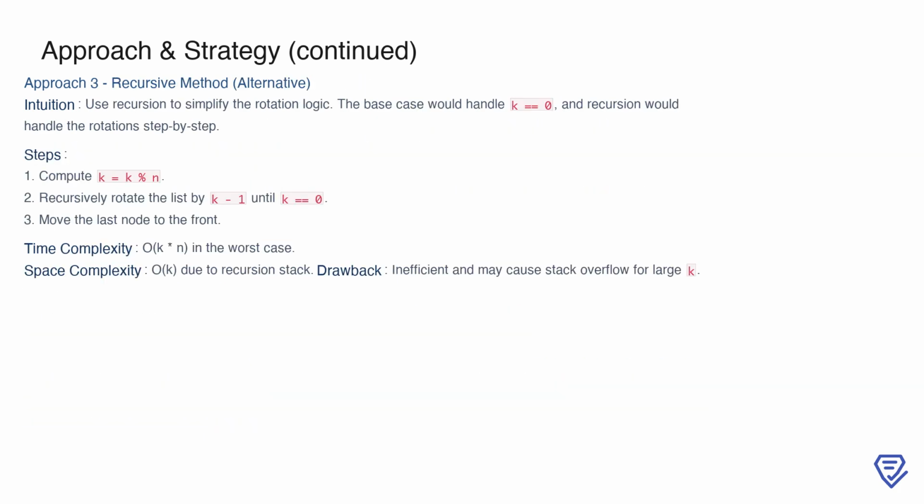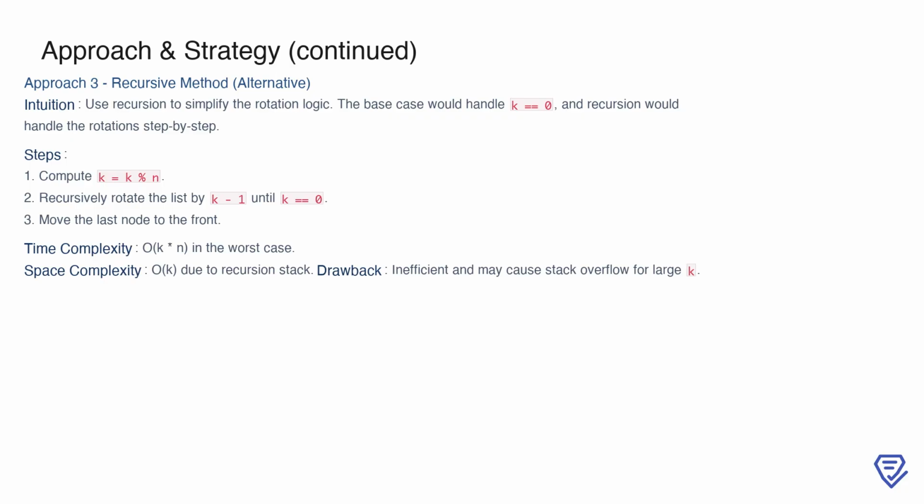Another possible approach is to use recursion to handle the rotations. The recursive method attempts to simplify the rotation logic by breaking it down step by step. The base case occurs when k becomes 0, at which point the rotations stop. To achieve this, we first compute k = k%n and then recursively rotate the list by k-1 until we reach the base case. Each recursive step involves moving the last node of the list to the front, similar to the